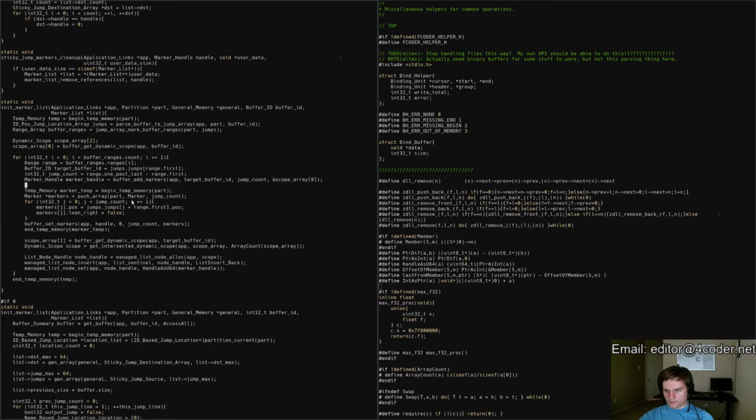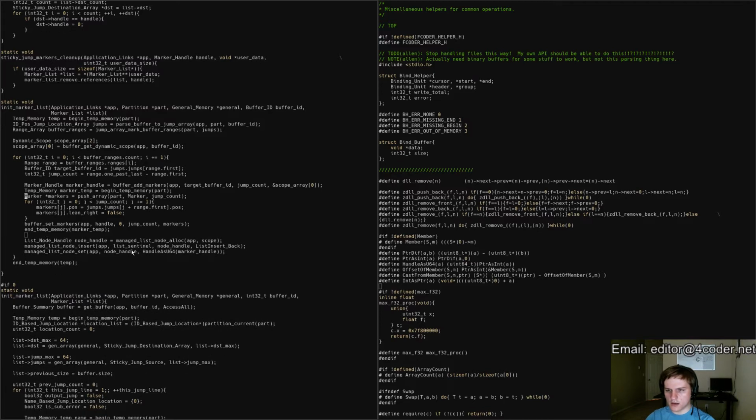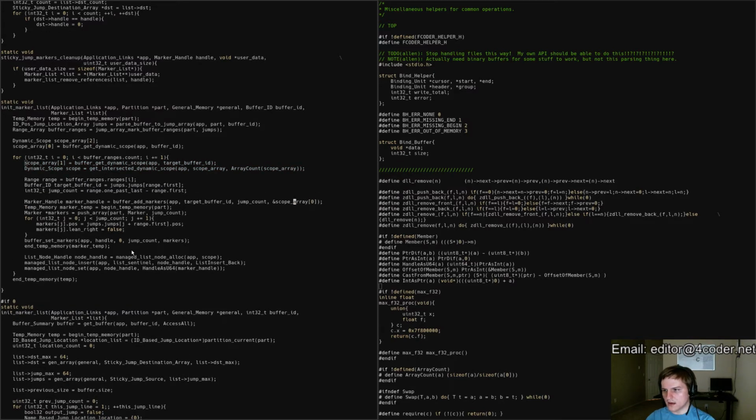Marker handle. Buffer set markers. So here we add the markers. And we set them. We keep that marker handle around because the next thing we do is get the intersected scope for both of these things and put a node in there. I feel like it would be just slightly nicer looking if I first get the intersected scope and pass that intersected scope here. I don't know why. It's just weird because